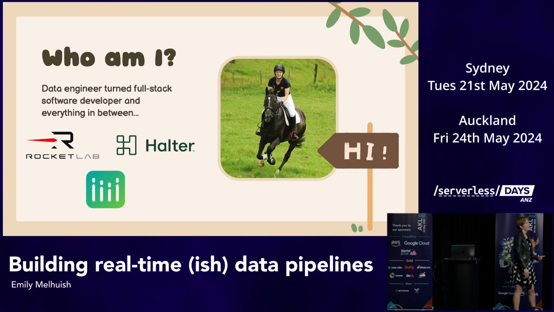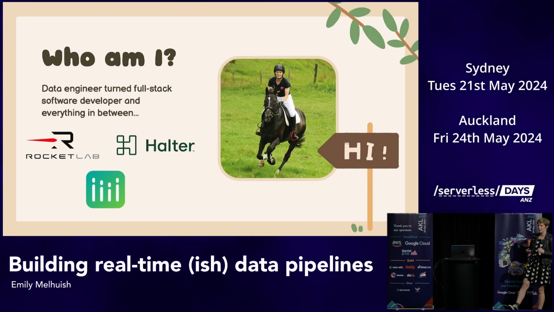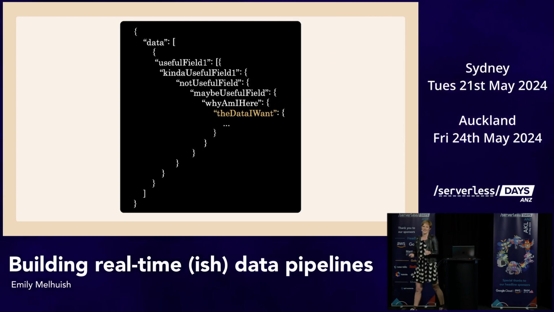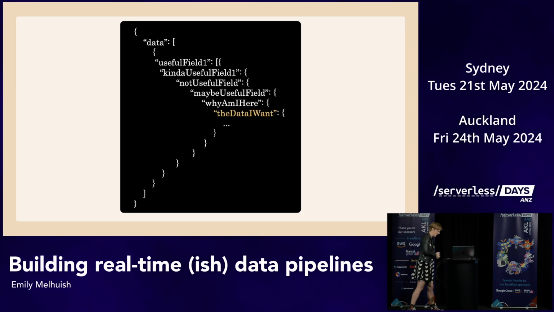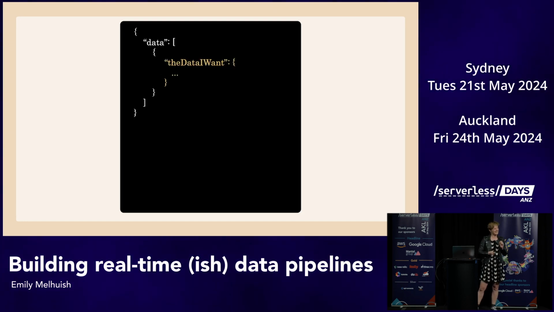When I joined Multitudes, though, I was the first technical hire. Our tech stack was Python scripts that I ran on my computer, so I very quickly had to upskill in what is an API, how to build an API, and this new serverless space. I was in quite a unique position because I was a data person, so suddenly I had to be the one building the APIs that gave me the really deliciously nested JSON that I absolutely love having to process. So now I could build those APIs. Could I make those APIs a little bit better to give me the data that I want?